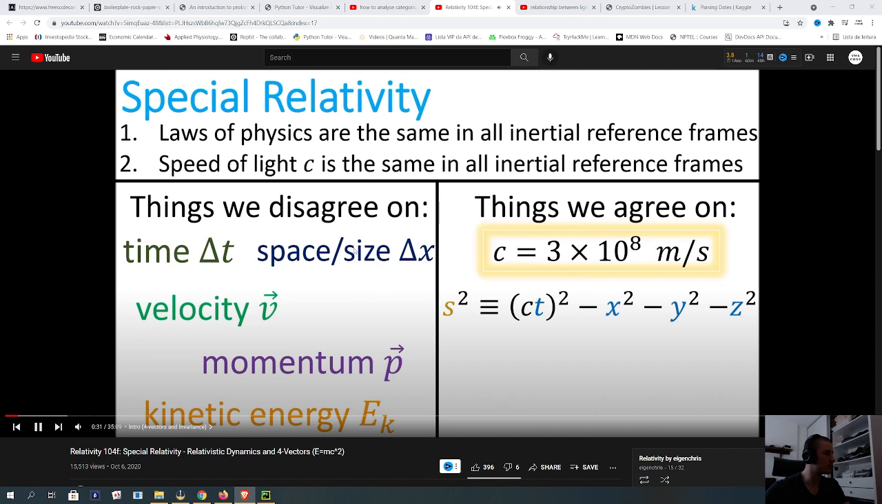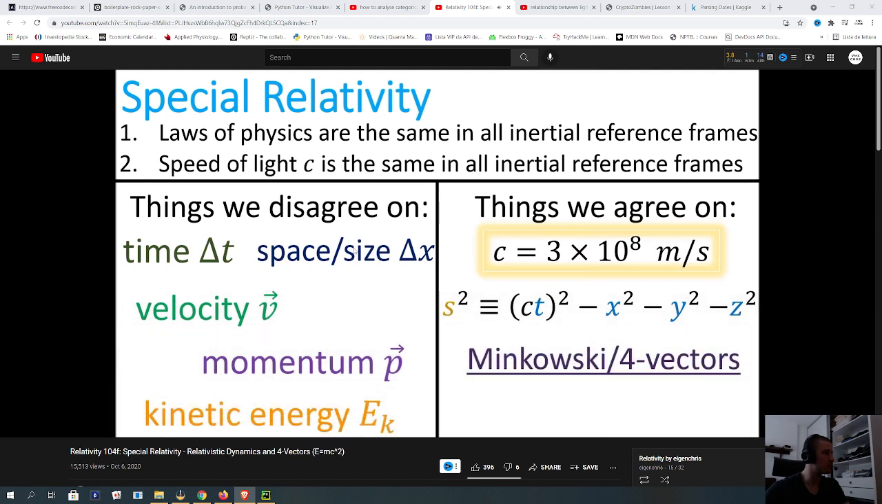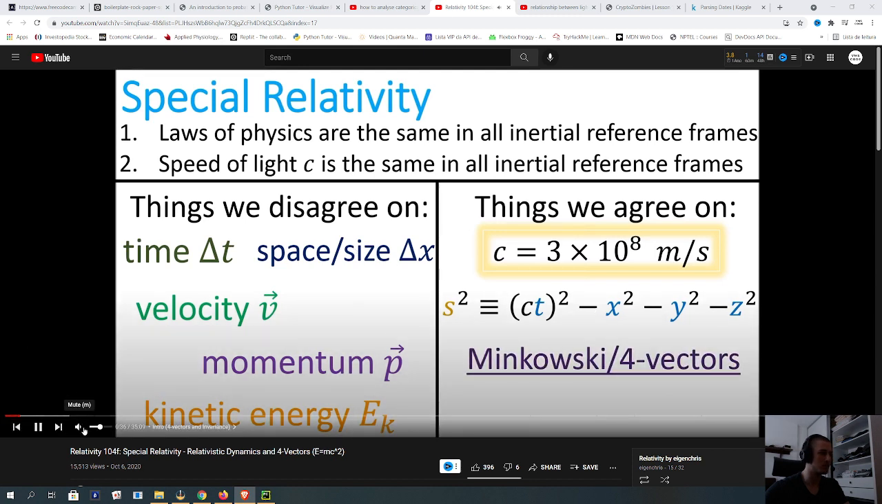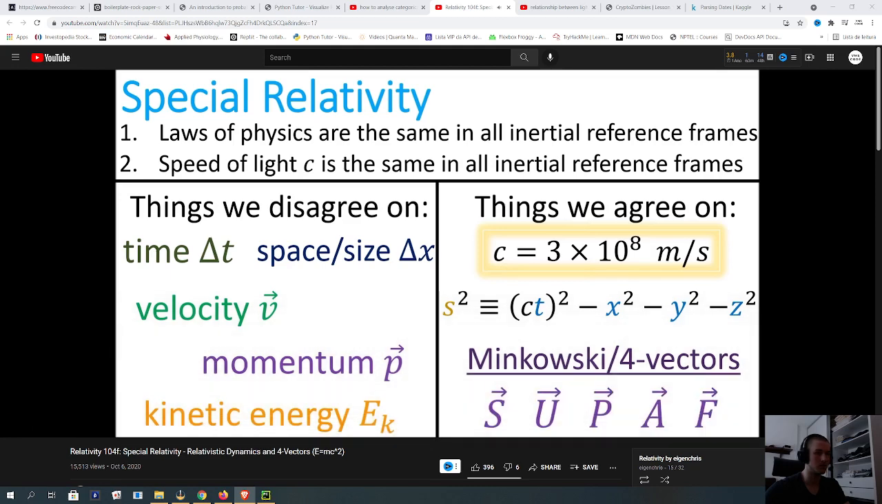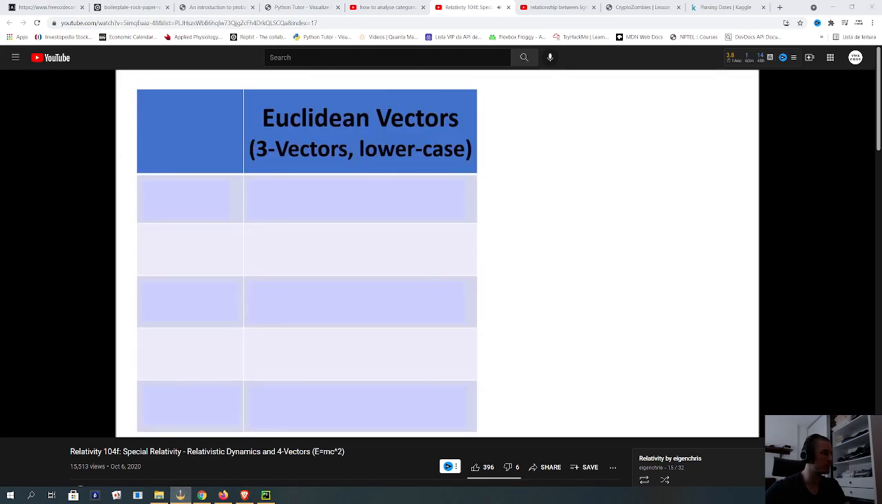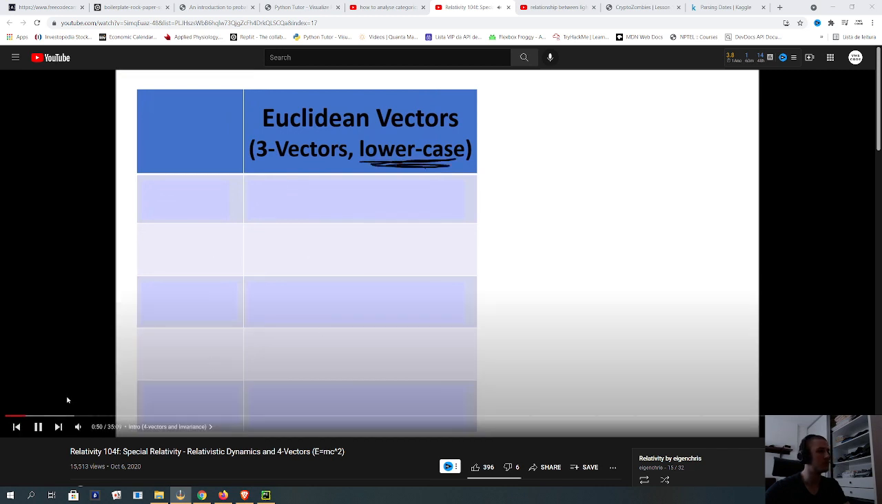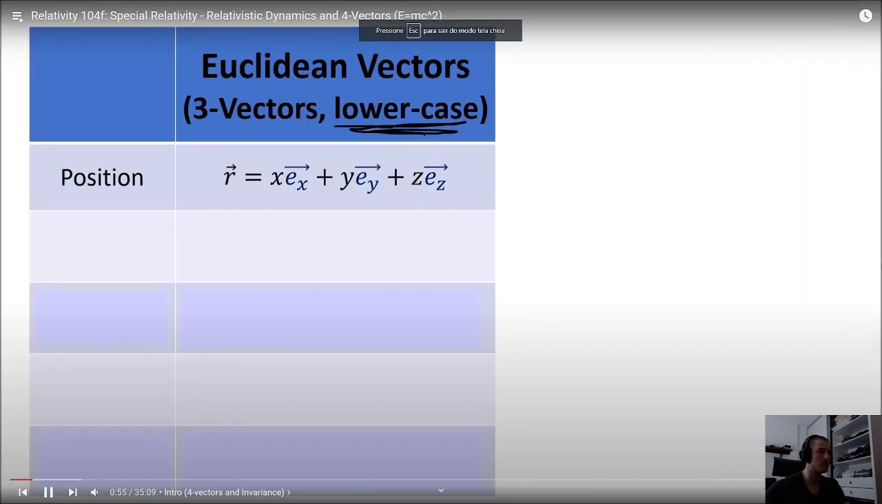In this video, we're going to introduce the idea of Minkowski vectors, also called 4 vectors, which are vectors in spacetime that all inertial observers agree on. In standard Newtonian physics, we're used to dealing with three-dimensional vectors, which in this video I'm going to denote using small lowercase letters. We have three-dimensional position, small r, which measures the x, y, and z coordinates of a point,